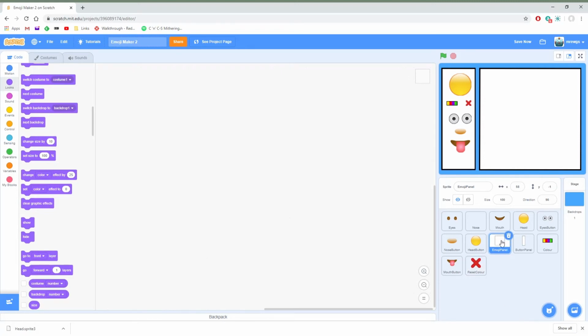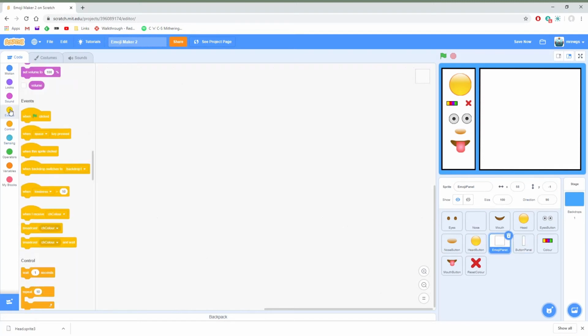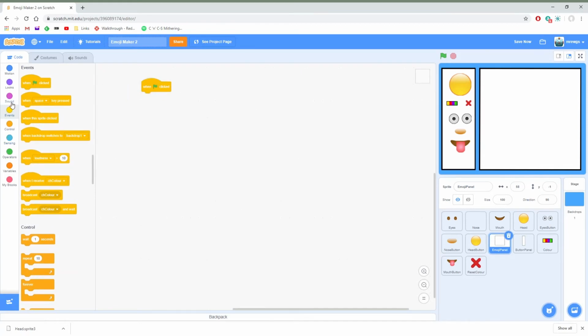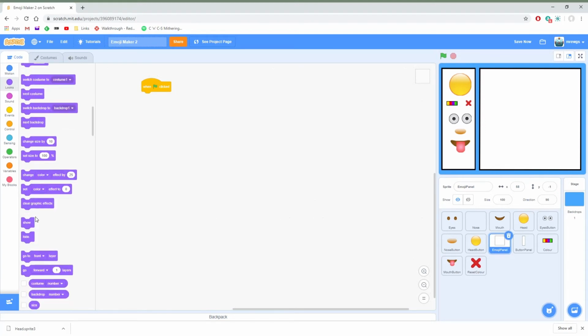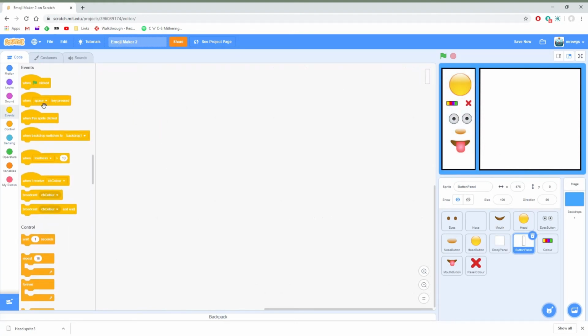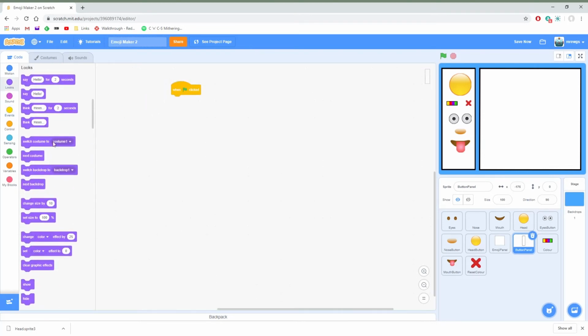There's only a few things that we need to add. What we want is the 2 panels at the back, and then we want the head in front of that, and then we want everything else in front of the head. So to do that, the easiest way is if we click on the emoji panel first and say when the green flag is clicked, we want to go to the back layer, and we want exactly the same thing for the button panel as well. So when the green flag is clicked,